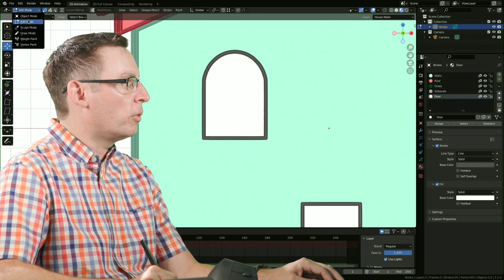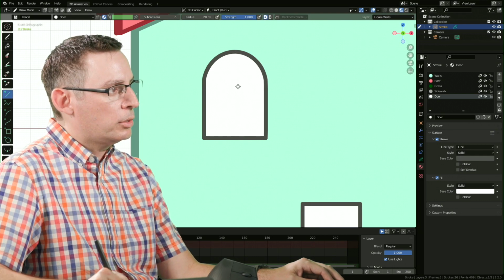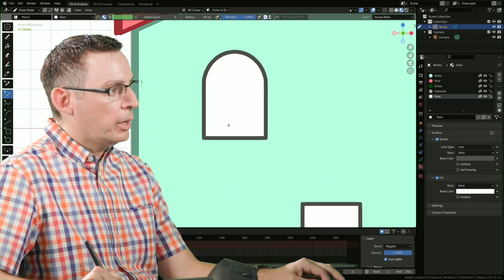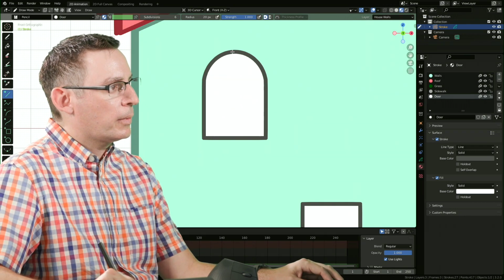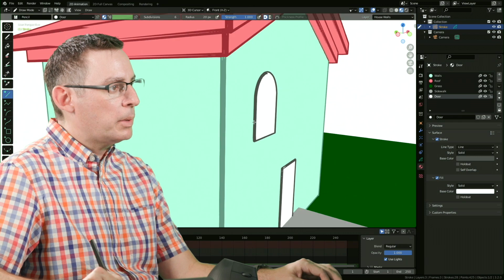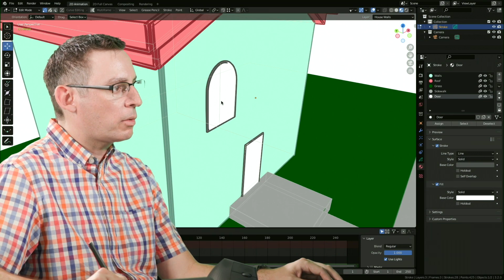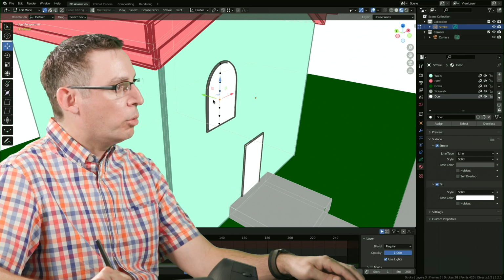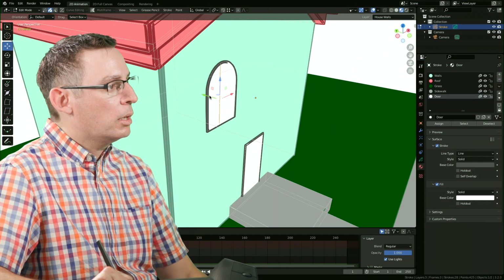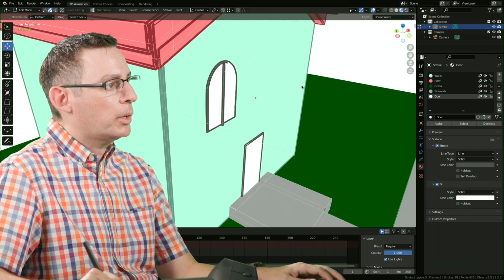All right, let's give ourselves maybe some window panes in here. Back into draw mode real fast. And I'm just going to do this with the line tool. Now, don't worry, it is in fact there. I accidentally hit the right mouse button. We're experiencing that Z fighting issue that we saw before. So before we go any further, let's grab that feller. I'm going to go into stroke mode by hitting the 2 key. Let's just pull it forward. Yeah. Something like that. There we go.